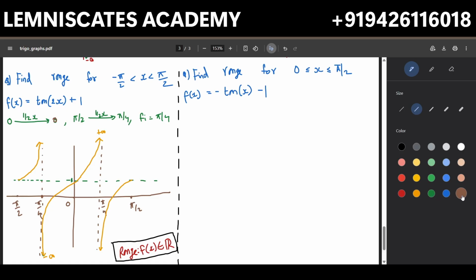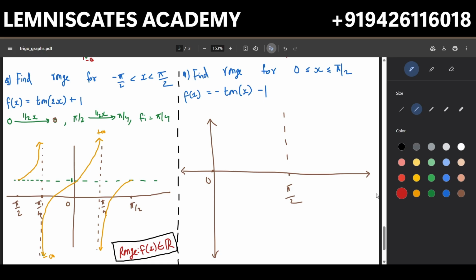And now we are having the final question with us, where we have to find the range for 0 to pi by 2 domain for the function minus of tan x minus 1. So over here, I can simply understand there is no change in the x values because there is no transformation of the x values. So I can directly draw my x-axis over here. I can draw my y-axis. And because I just have to go from 0 to pi by 2, let's say this is my 0, this is my pi by 2,